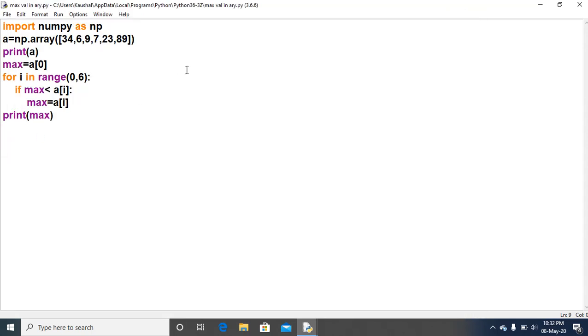Okay, so in this way you will be writing programs based upon arrays. I'll be giving a lot of programs in the assignment which you need to do in the system, as well as write down in the copy, because every array program is important for logical purposes, as well as when we go to the next chapter, which is Python Pandas. Then we will be creating the series as well as the data frame using this array element. So if the concept is not clear here, you will have a lot of problems in the coming videos. So please study properly, and don't waste your time.